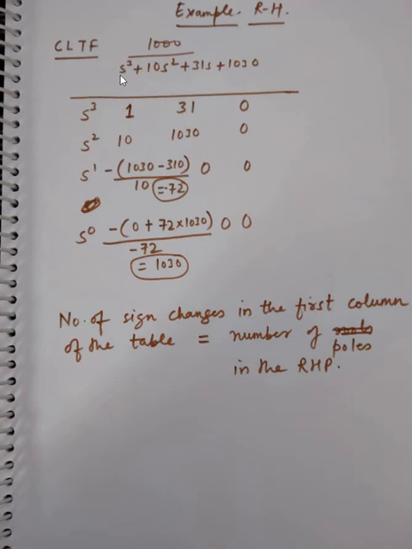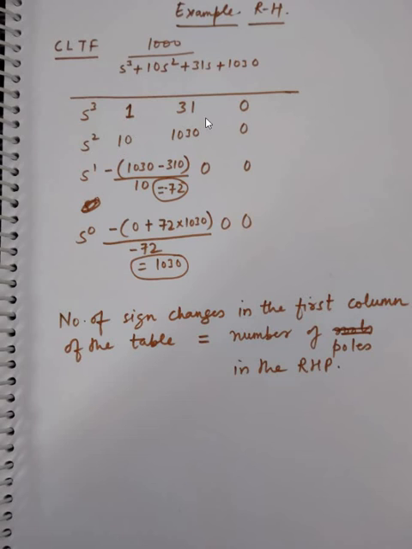So here the power of the denominator is starting from 3, right? The highest term is s cube. So I'll start writing from s cube, s square, s1 और s0, right? क्योंकि क्यूब से स्टार्ट हो रहा है, तो मैं यहाँ भी ऑड पावर से शुरू करूँगा, उसको 1, फिर s31, फिर उसके बाद कुछ नहीं है तो 0, फिर यहाँ पे मैं s स्क्वायर से शुरू करूँगा तो 10, 1 0 3 0 और 0। अगर हम ये वाला कॉलम नहीं भी लिखते तो भी चलता, चलो।